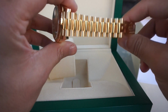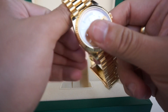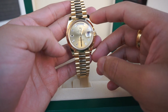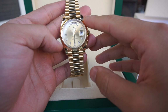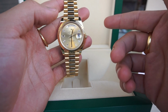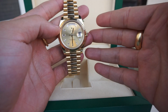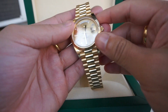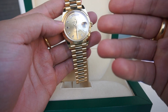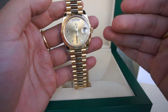Overall, I just think that the new watch is amazing. They gave it such a facelift. Compared to the Day Date 41mm, the iconic, quote-unquote, big face Rolly. I tried on both side by side, the 40mm and the 41mm, and it's just too atrocious and too big for my wrist. Even a 36mm, it's small, but I feel like it's still a classier, dressier watch as opposed to